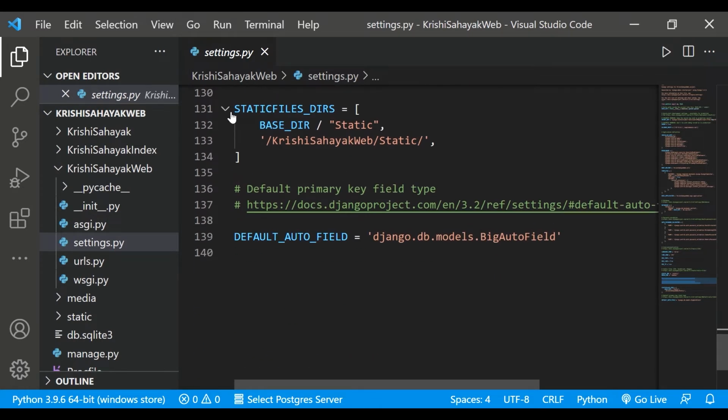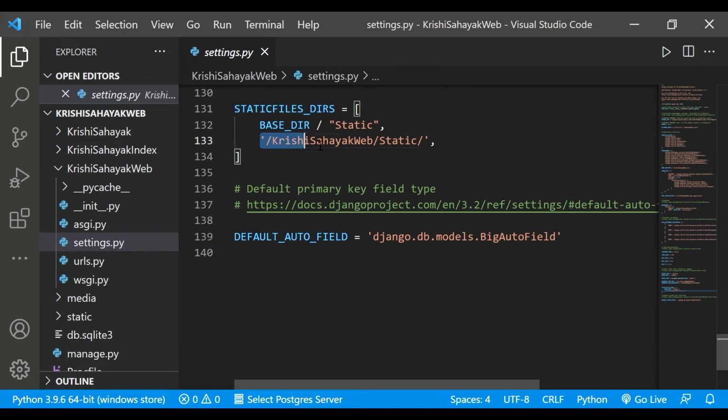Then we have to create the static files directories. So we write it like this: STATICFILES_DIRS equals to BASE_DIR slash static, comma. We have to make sure that the indentations are correct because this is Python.